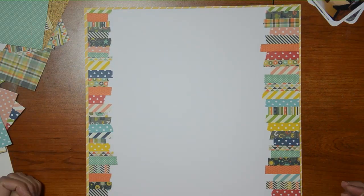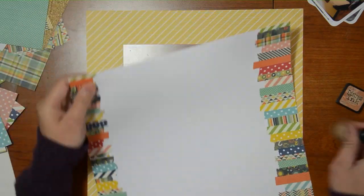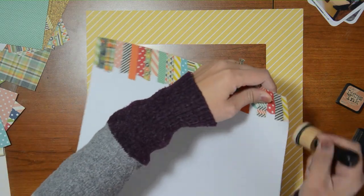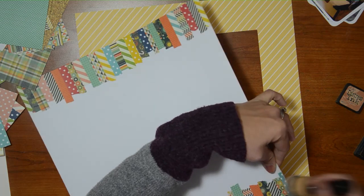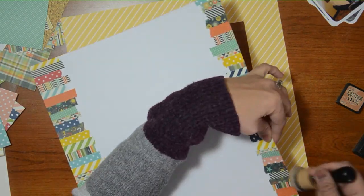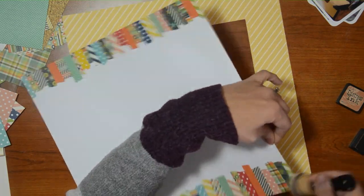And here's when I'm kind of auditioning which one looks better, the yellow or the pink, and I'm gonna go with the yellow. What do you guys think? Should I have gone with the pink background, or does the yellow suit this layout better? I'm kind of curious. So anyways, I'm inking up the edges, and then I am going to be putting that